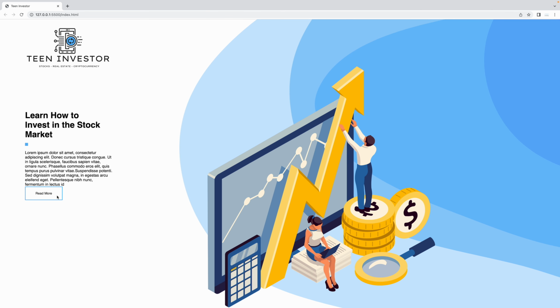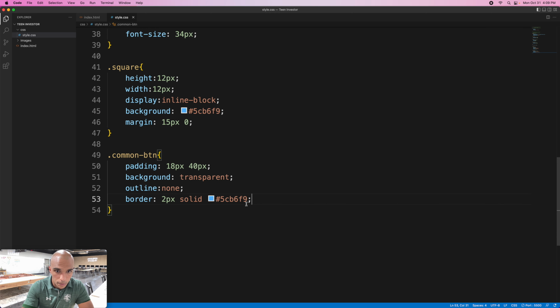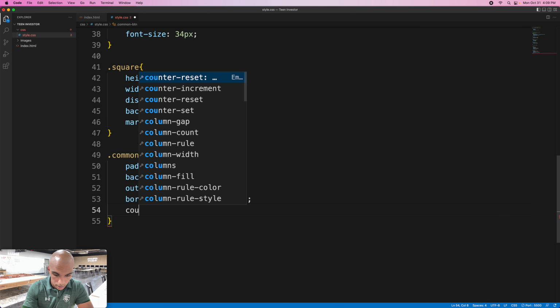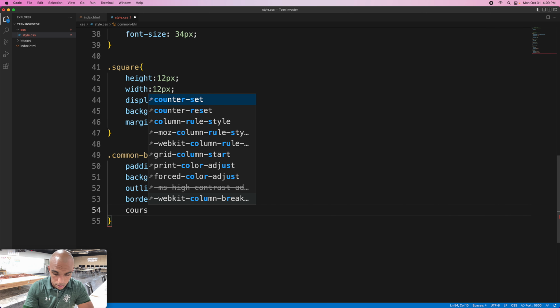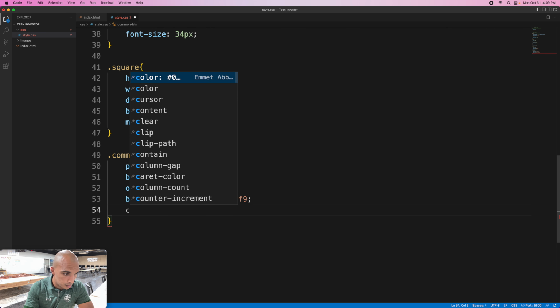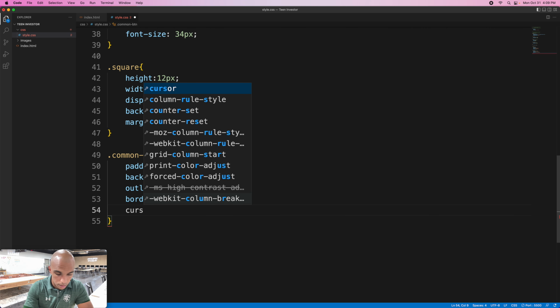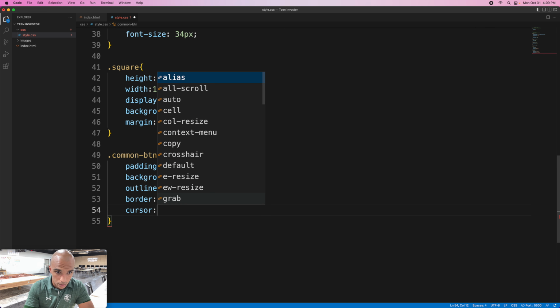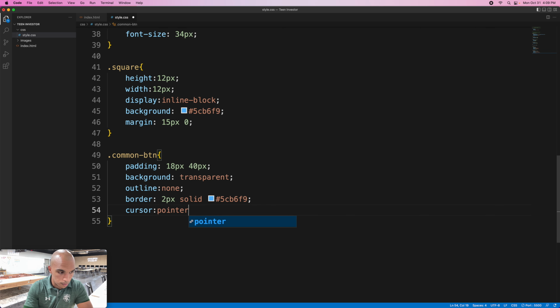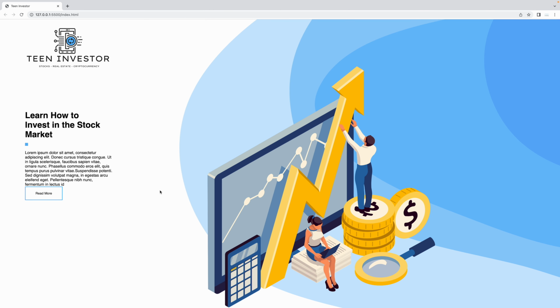See right here, it's still like the black mouse. What you can now do though is put cursor, whoops, cursor, pointer. Save it. Now it has the little black mouse, and then you got the little Mickey Mouse hand. Boom. So they know they're on the button, that they can click it. Okay. Now,